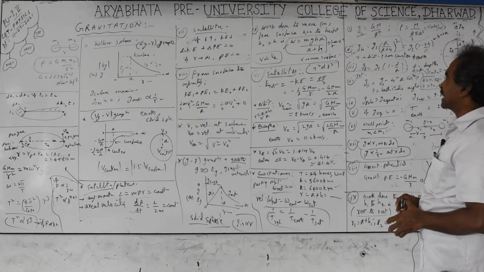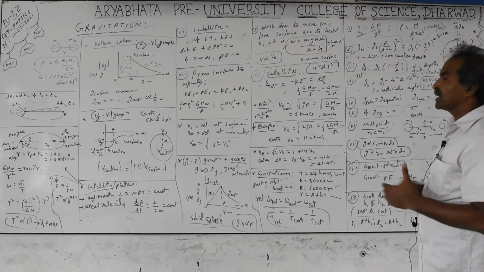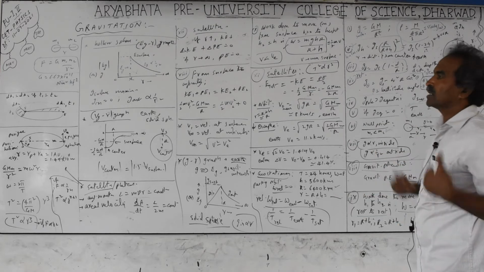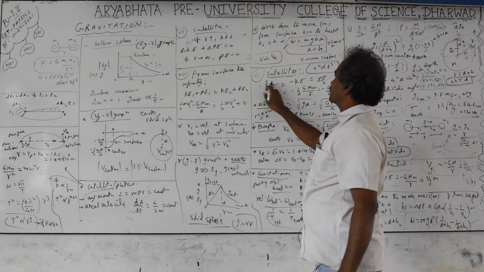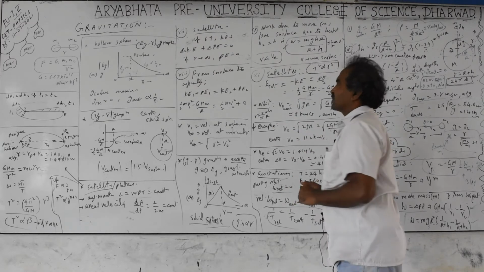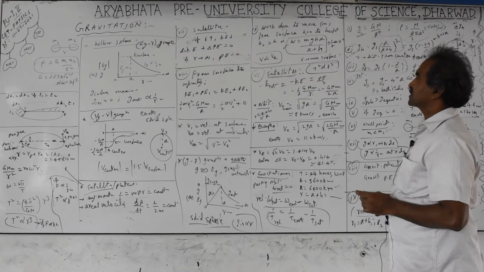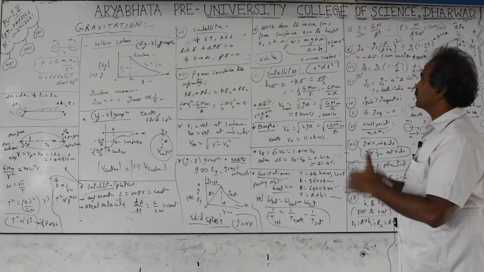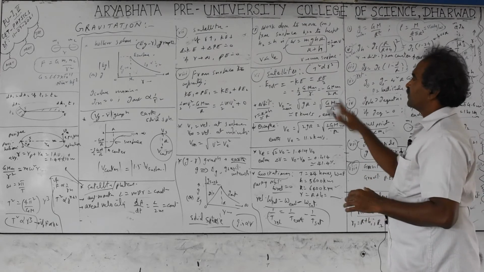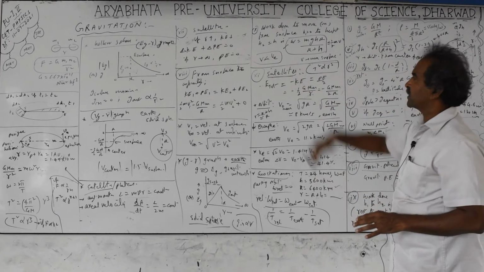Next is for the satellites. Satellites are objects which are revolving around the planets. Planets are the big objects which are revolving around the sun. Due to the distance or attraction from the planets, they have kinetic energy and potential energy. The relation is total energy equal to minus of kinetic energy, equal to potential energy by 2. The same formula is applicable for electrons revolving around the nucleus in atoms. The same formula is applicable even for the planets also. For planets and satellites, these formulas are nearly equivalent.